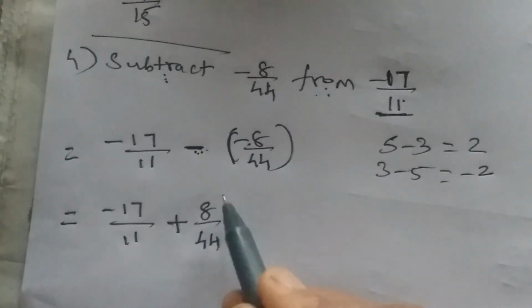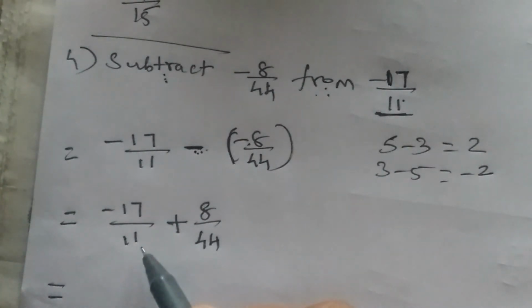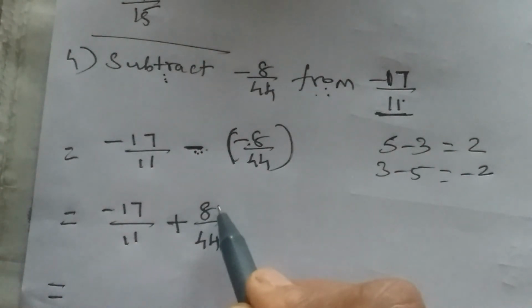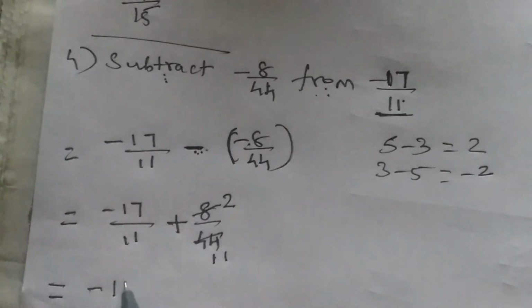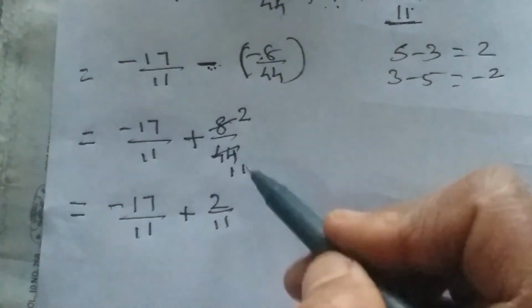See, one more thing here. If you simplify this, the numbers become smaller and it will be easy for us to proceed with the sum. So 17 and 11 don't have a common factor. But 8 and 44 both come in which table? The 4 table. So we can cancel them by 4. 4 2s are 8 and 4 11s are 44. So what has it become now? Minus 17 by 11 and the second number is 2 by 11. Now see, both the denominators have become the same because we have cancelled.